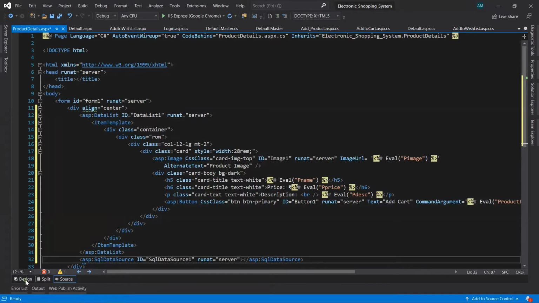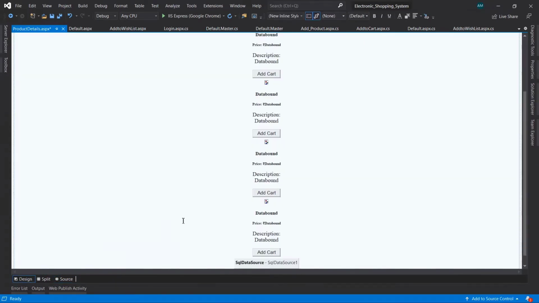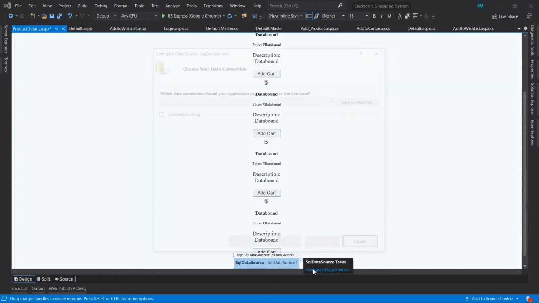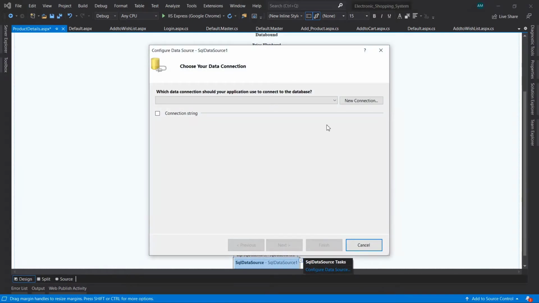Now go to the design page, click on it, and choose Configure Data Source. Right now it doesn't show any connection here, so I have to take a new connection.